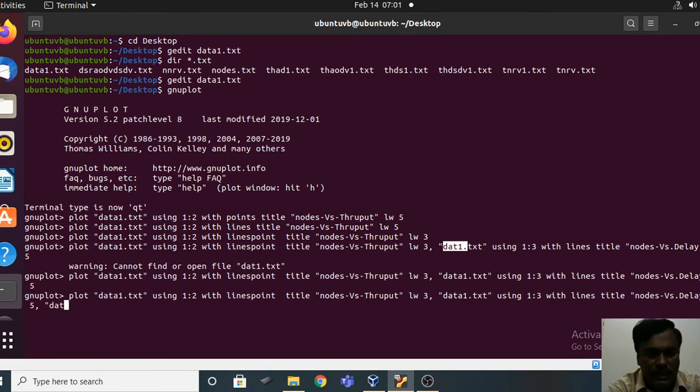Same file, data1.txt, using columns 2:3 with, say, this one I want to plot only with points.